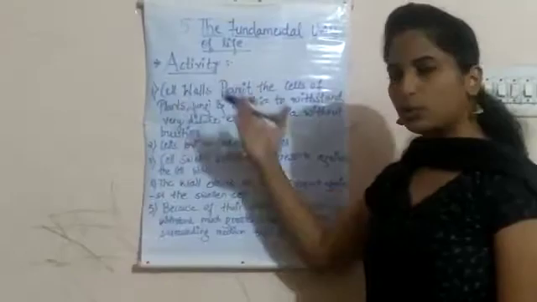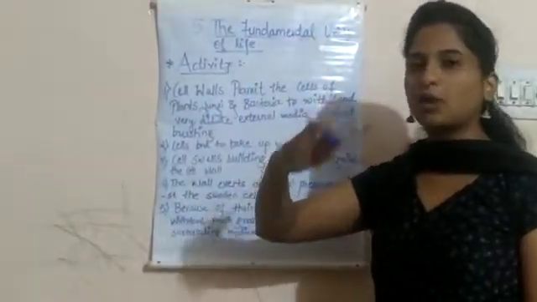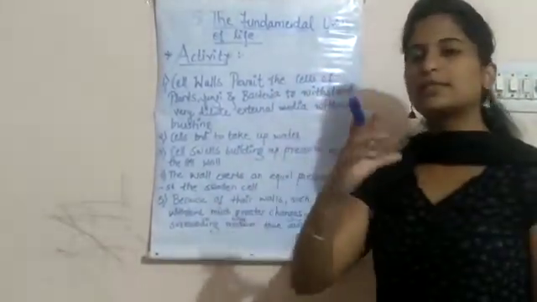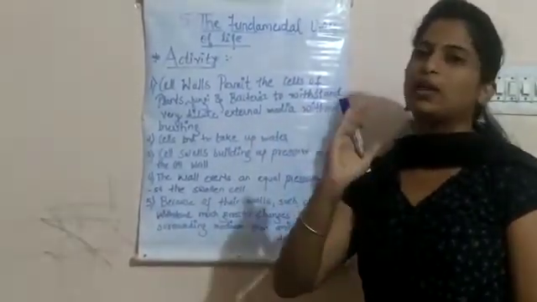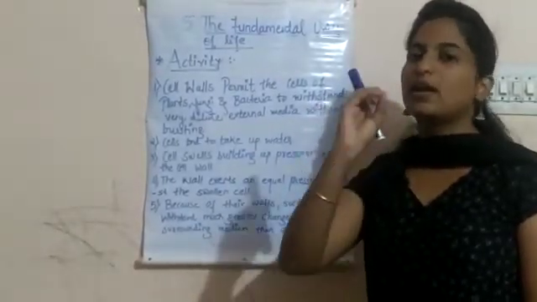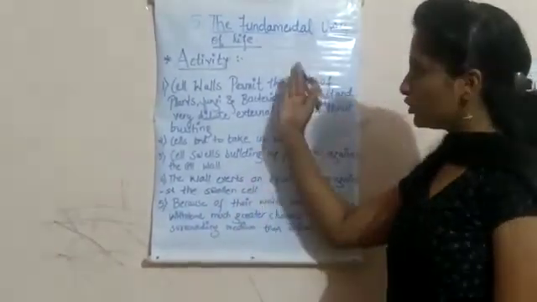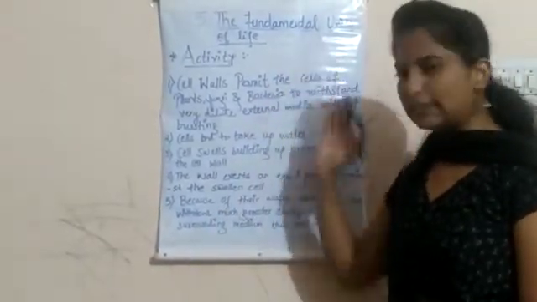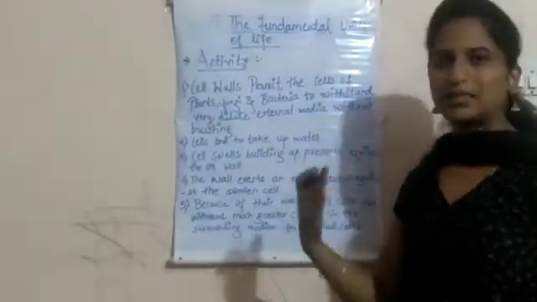So students, are you clear how the cell walls protect the plants, how the cell walls give a proper structure to the plants, and how the plasmolysis takes place only in the living cells? Through the activity, you have a clear vision, that is how the plant cells or living plant cells tend to follow the osmosis process. So students, just go through the points, go through the chapter, go through these activities and try to understand how diffusion and osmosis process takes place.